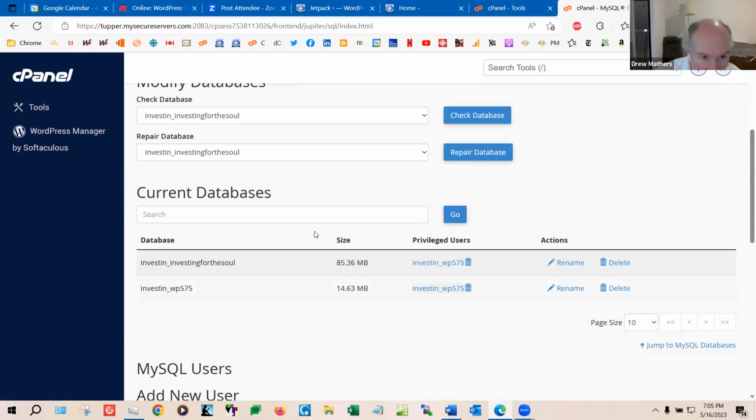So there are, in fact, two databases. One is much bigger than the other. Yeah, well, that'd be the new site. The new site is bigger. Okay. Now, I wonder if the same user is going to both of them.